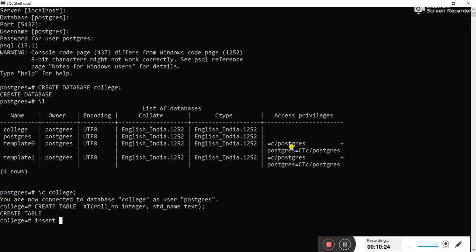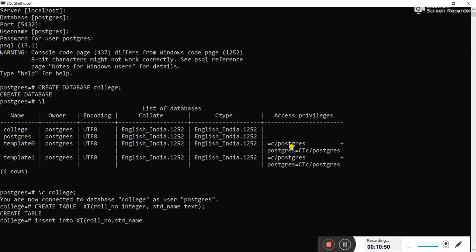So we are going to type insert into. This insert into is a command which is used to insert data into the table, and the table name is 11, right? So you're going to insert data in the 11th table. What are the field names? The first field name is roll number, and the second field name is student name.